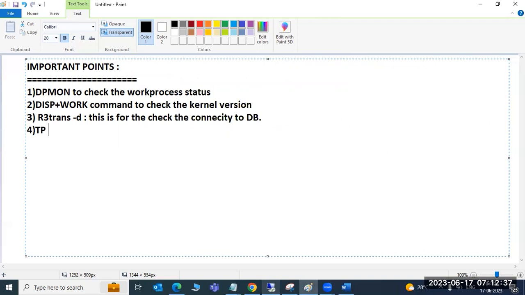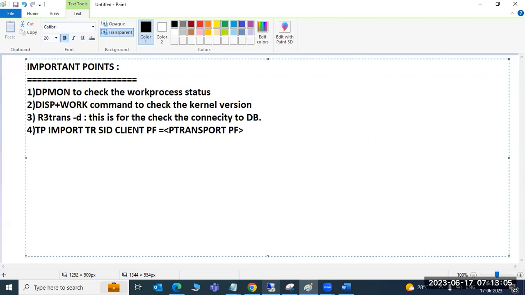At the operating system level, we also require some knowledge, so we have some commands. tp import, then the transport request number, the SID, then pf, and the client number. Then pf equals the transport profile directory path, the bin path; we have to give it here.